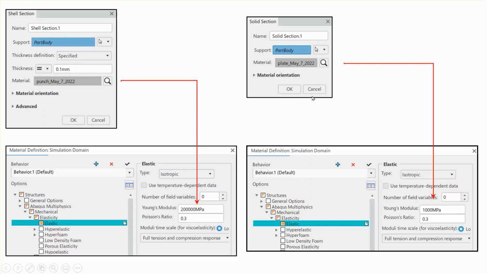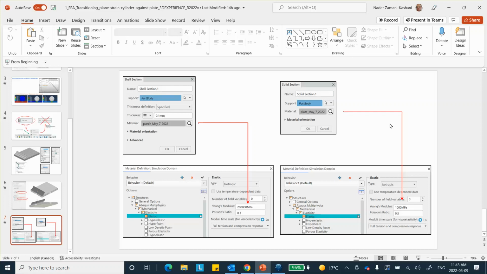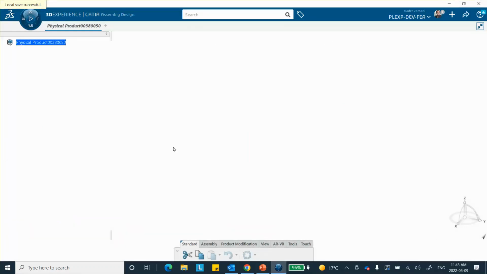And the block, or the plate, is going to be modeled with solid elements with the properties that are given, 1000 megapascal and 0.3. Okay, so let's go ahead and do that. This is a contact problem. It consists of two parts. So I'm going to start with an